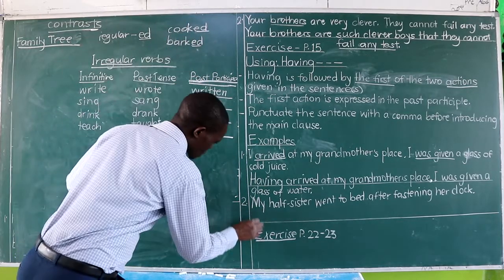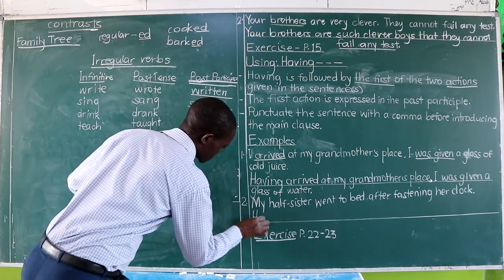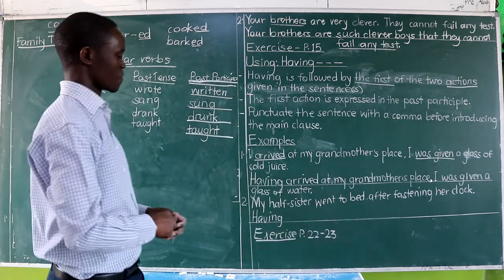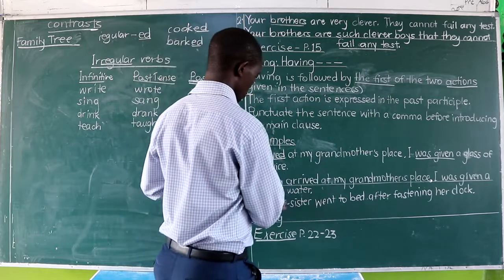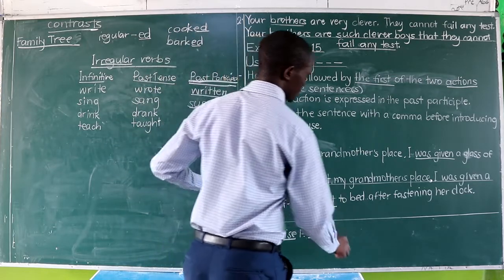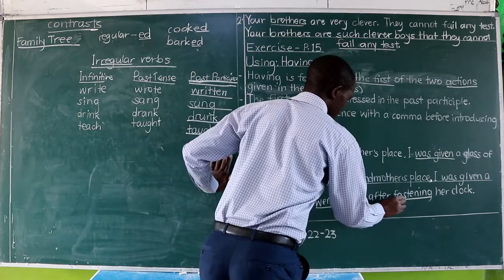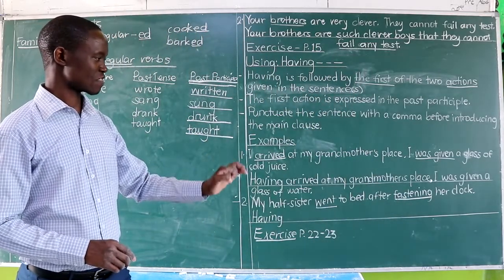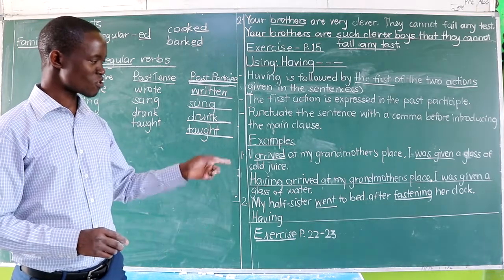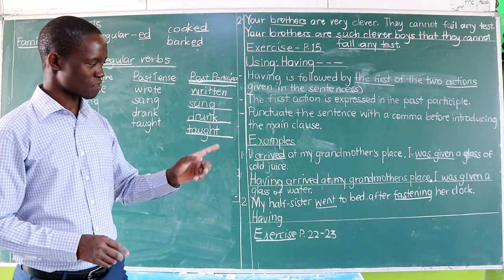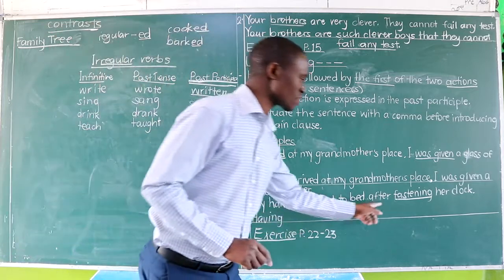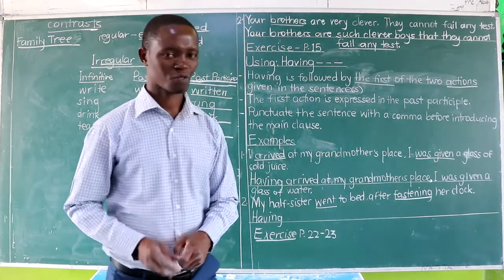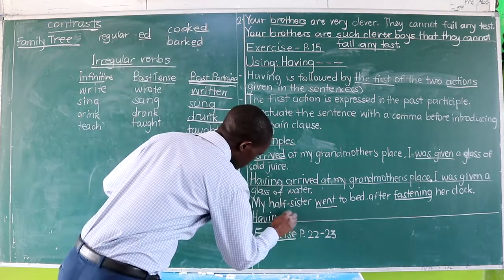Answer, having what? Identify the action that took place first. If she went to bed after fastening her clock, which one took place first? Going to bed or fastening? After fastening means she first fastened. So fastening will come here in its past participle form. So we say having fastened